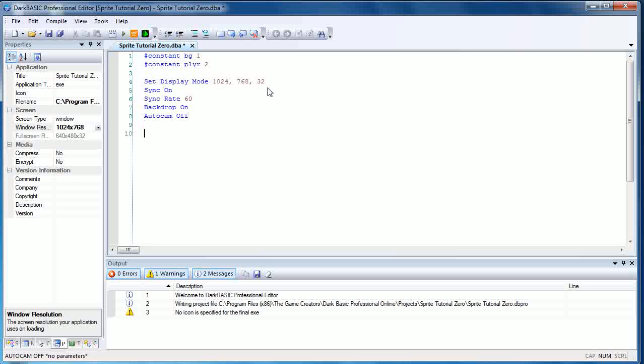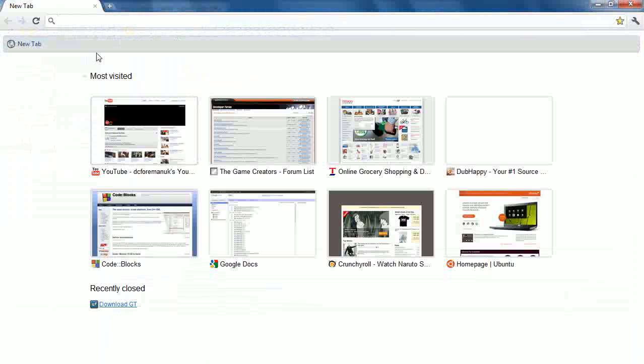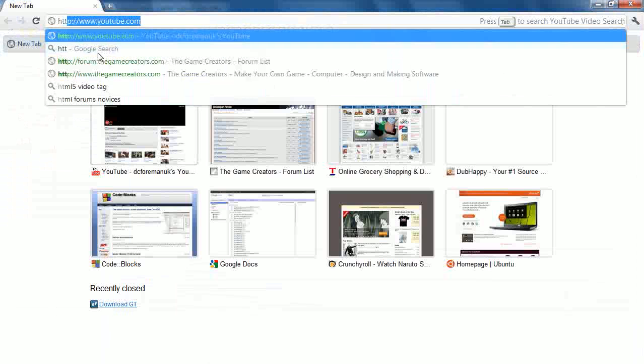Now, before we actually progress with our tutorial here, we'll need to download a couple of images and put those in our folder. Otherwise, we won't have anything to load. I've prepared a couple of PNG images, which we'll be using throughout this tutorial. One has already been prepared with transparency, which I'll show you how to implement later on. Now, you can download these images free of charge at http://